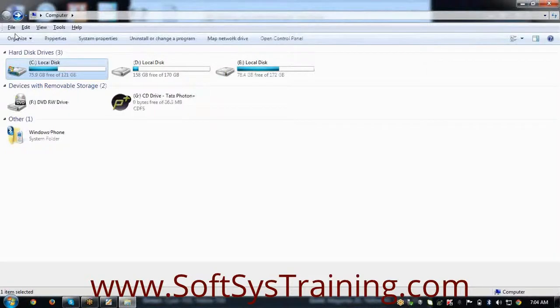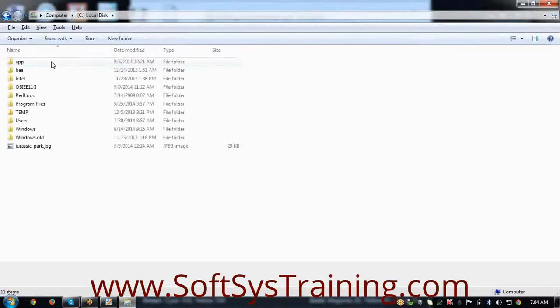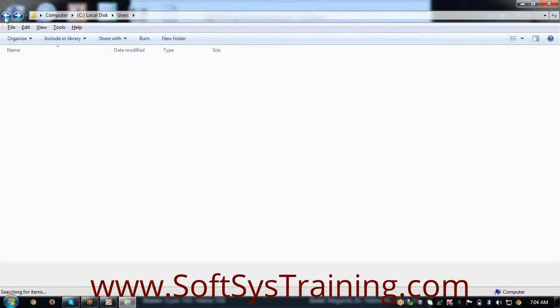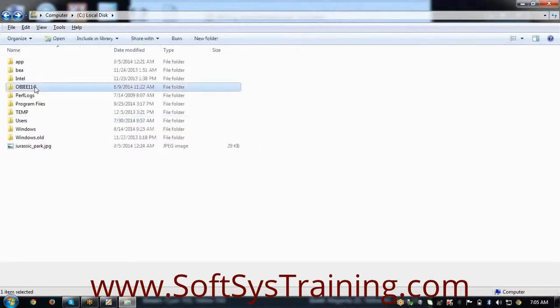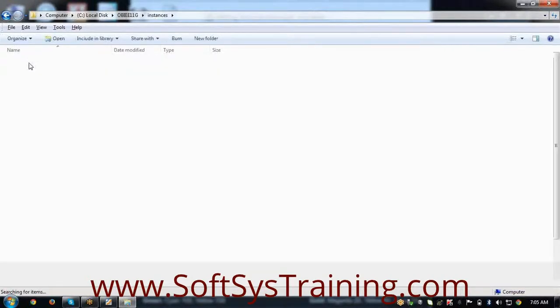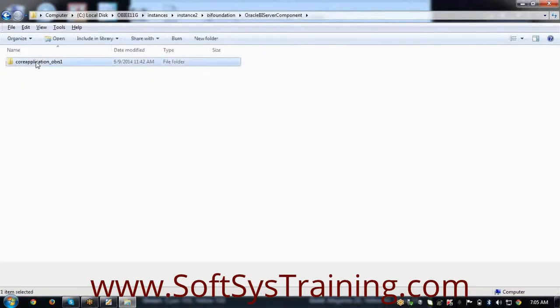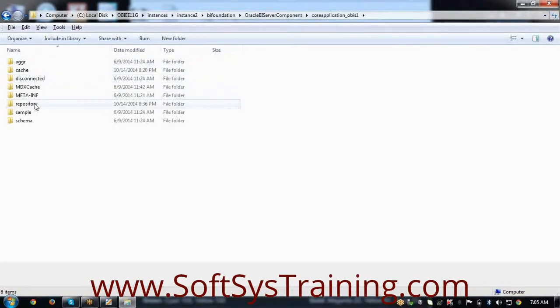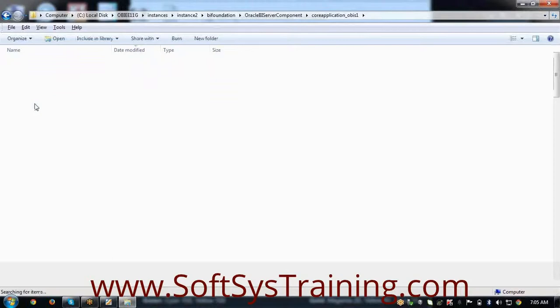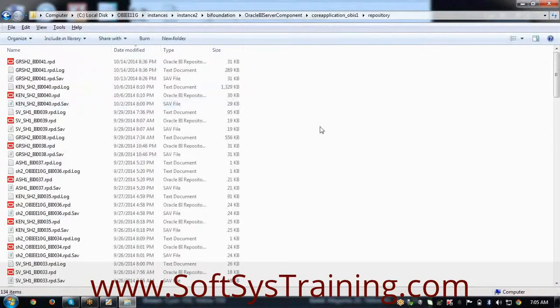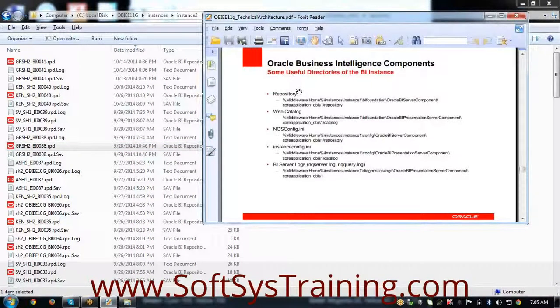That is here, C:users, OB11G, instances, instance 1 or instance 2, BI Foundation, Oracle BI server component, core application, repository folder. This is the default location that stores all the RPDs, and you can see .rpd files here. These are different RPDs stored here in the default repository location.